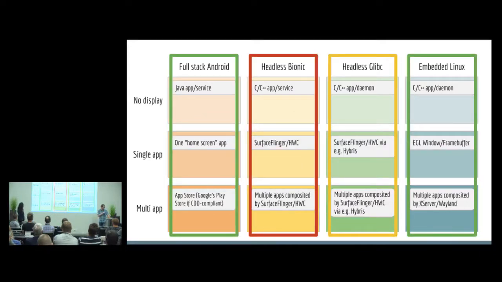So in the very short term, or in as short we can make it, basically stay towards the edges if you can. Those are the green columns, the full stack Android and the embedded Linux. That's where most other players are. That's where you'll be able to find most support online. And it's sort of the common case. If you venture into the middle, we would say probably prefer a glibc-based platform. Of course, there are a lot of different factors to consider and balance here, but typically, if you try to make something on top of Headless Bionic and you have dependencies,